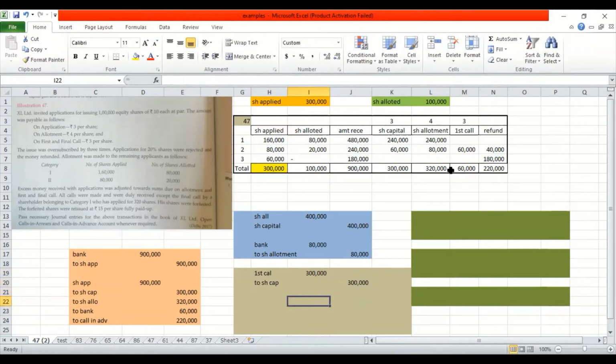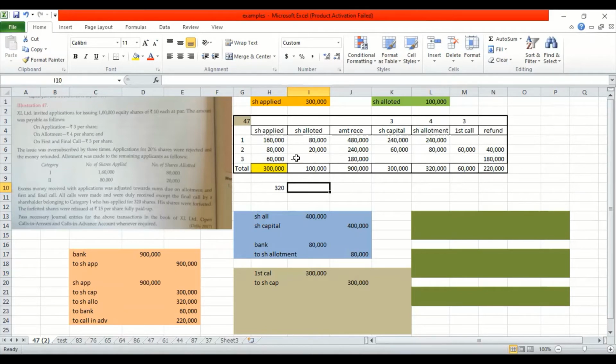So that is what is done. Now what has happened is there is one person who falls in category 1 who applied for 320. So I will just write below, application 320. If he applied for 320, how many shares will he be given? You can simply do a cross multiplication, 320 into 80,000 divided by 160, or as I told you, you can